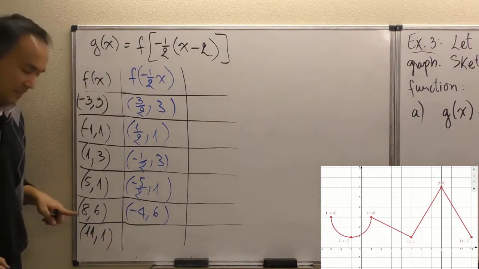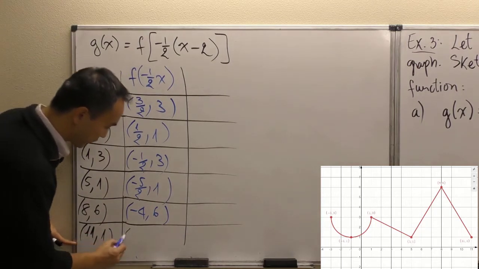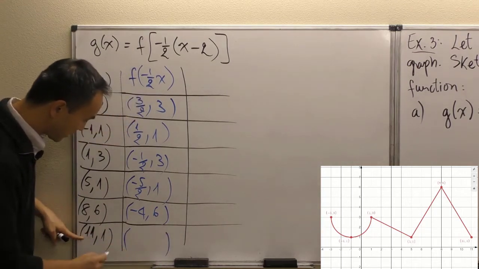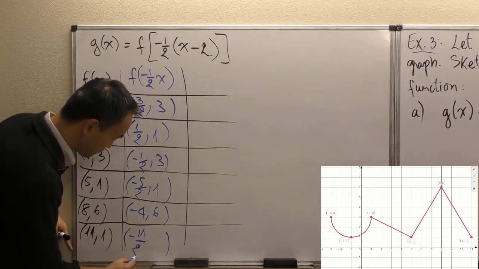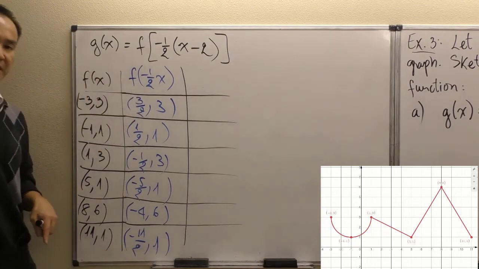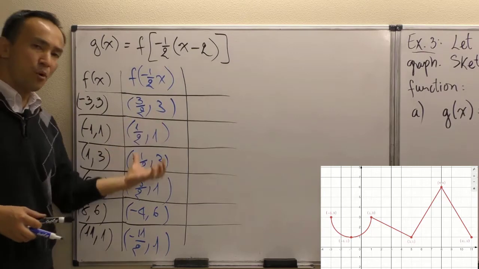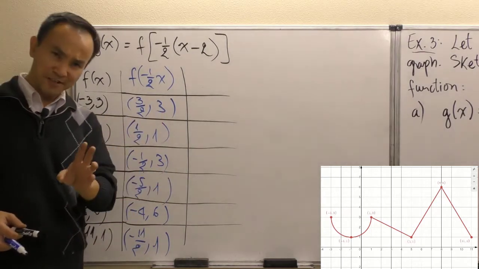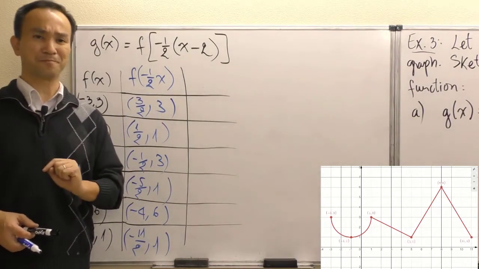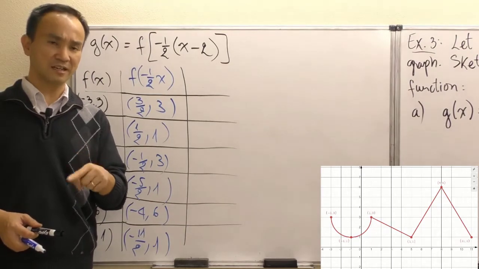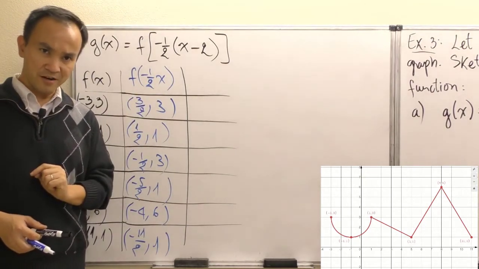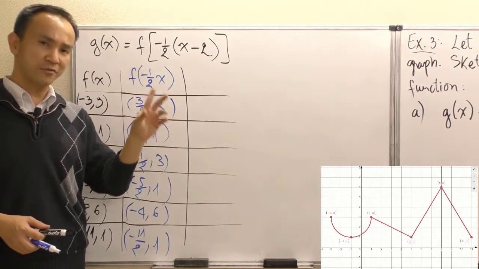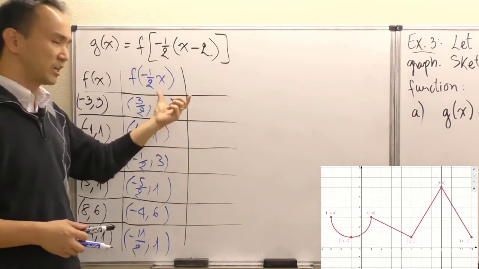All right, and then the last point here is transformed into negative 11/2, comma 1. So these are our guiding points after applying the first step, and the first step was, again, the horizontal scaling. That's what it is here. Now we are ready for the next step, where we're going to apply the